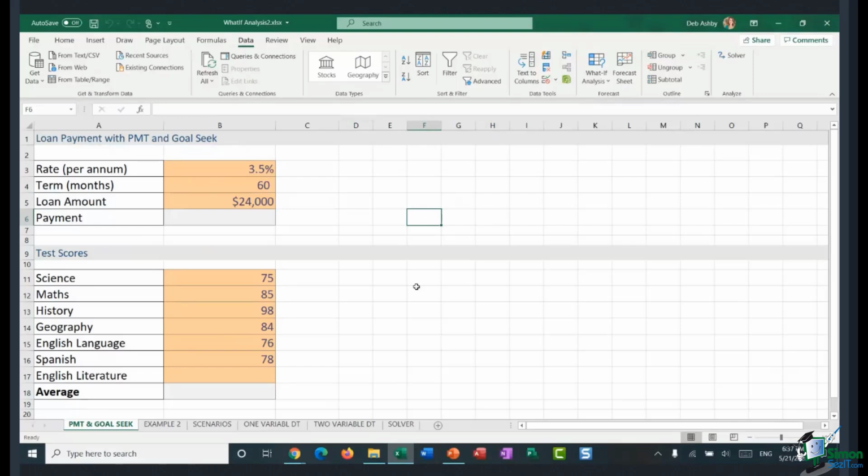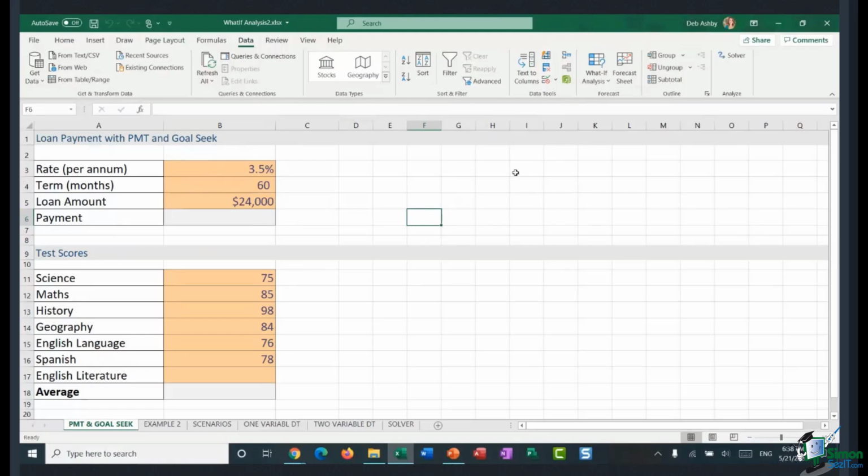Now, before we get into that, I just want to show you where your what-if analysis tools are located. Now, you'll find them on the data ribbon in Excel. And if you look over in the forecast group, you should have an option there for what-if analysis. And you can see there I have 3 of my tools: Scenario Manager, Goal Seek, and Data Table. Now, there is a 4th, as I mentioned, that is the Solver. And I have that over here in my Analyze group. I have my Solver sitting up there. Now, as I said, unless you've installed the add-in, you're not going to be able to see that. So when we get to Solver, I'll show you how you can very quickly install that add-in.